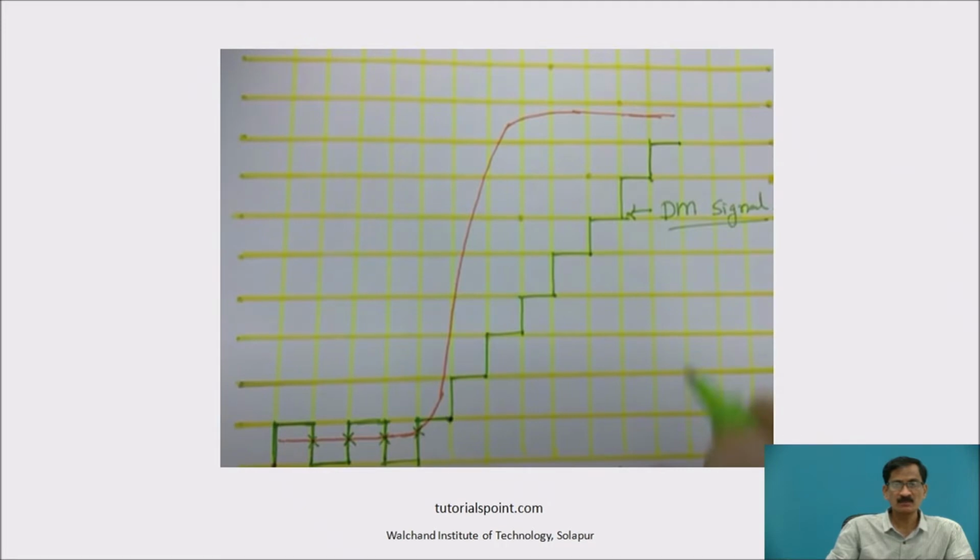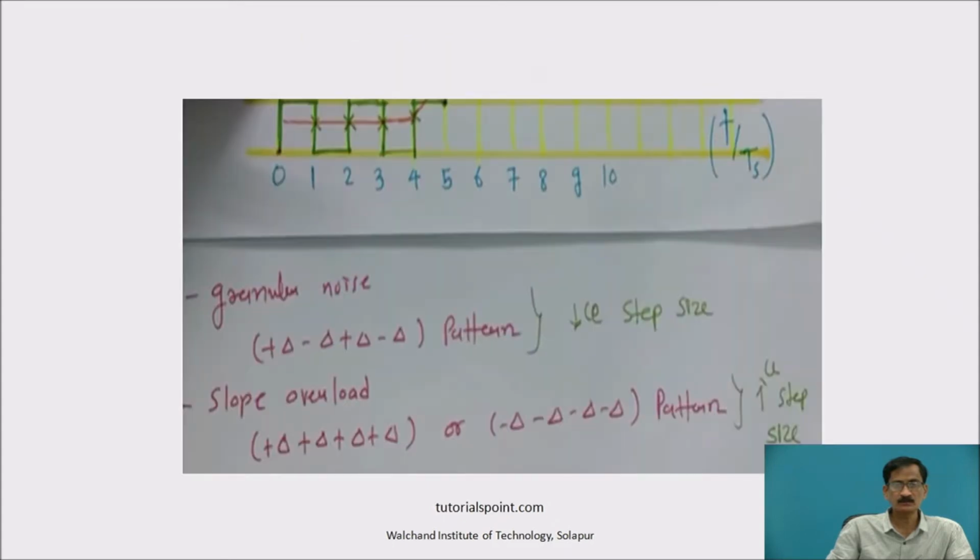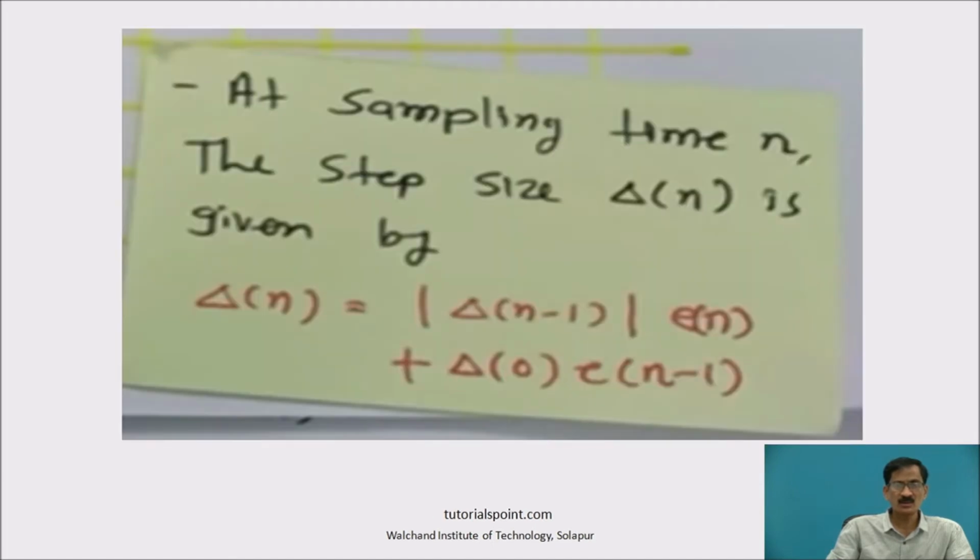So this is what we discussed in delta modulation. Now we are going to discuss how this step size control logic works. In granular noise, the step size output is plus delta, minus delta, plus delta, minus delta. In case of slope overload, it is plus delta, plus delta, plus delta and so on, or minus delta, minus delta, minus delta. Now this is the formula for step size logic control, in which delta n is equal to